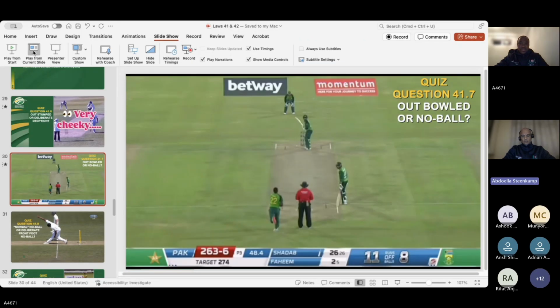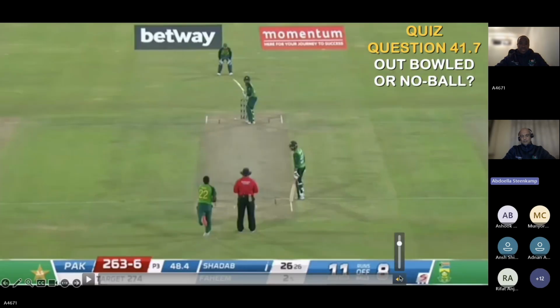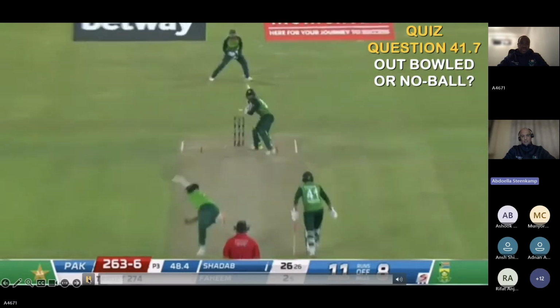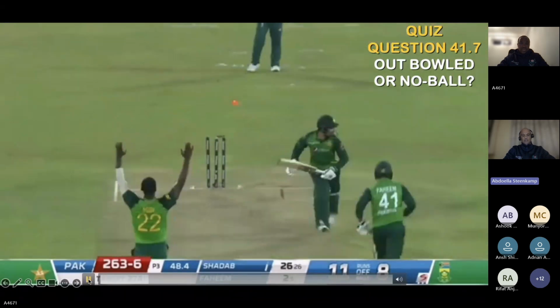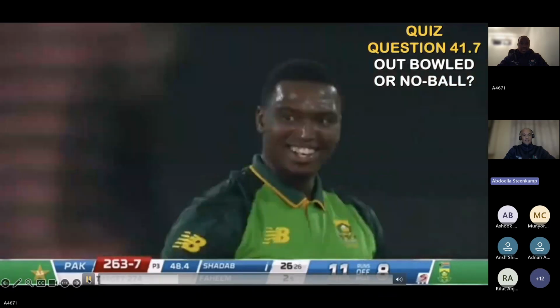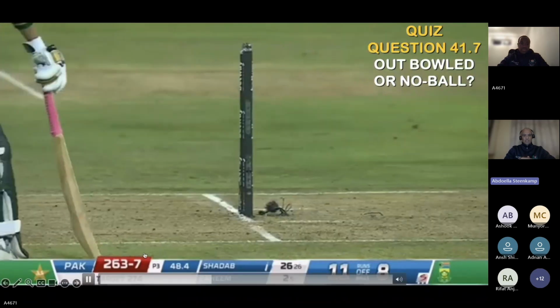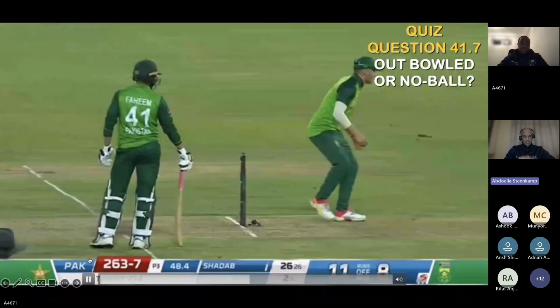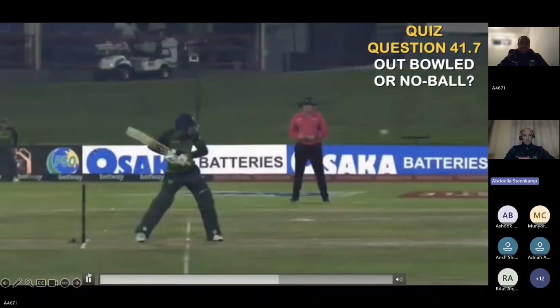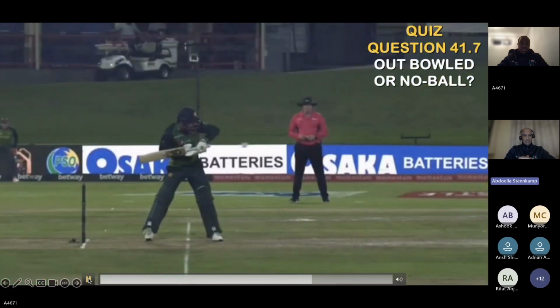So, Rifat, we need to judge our full tosses that are above waist height. We need to judge it with the batter standing upright at the popping crease. So the question you need to ask yourself when judging high full tosses is: batter standing upright at the popping crease, was the ball above waist height? If your answer to that question is yes, like in this, we can just freeze it there, Tom.